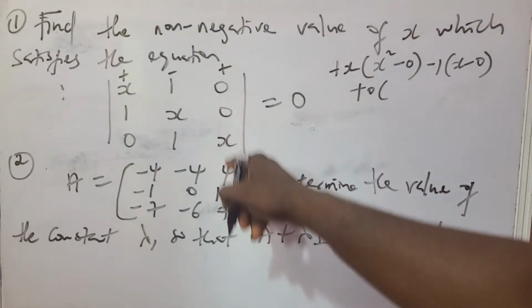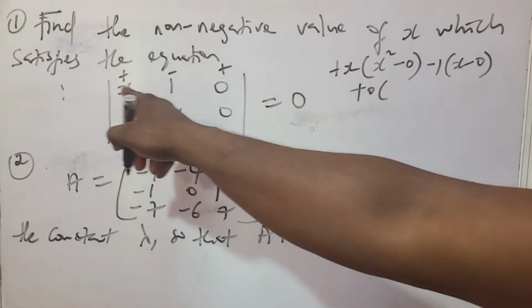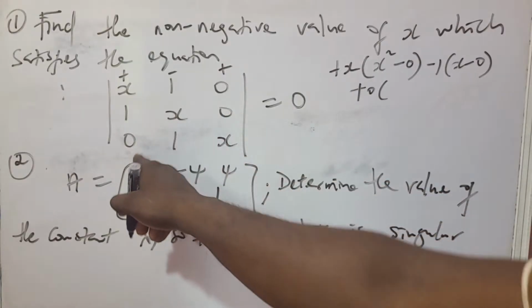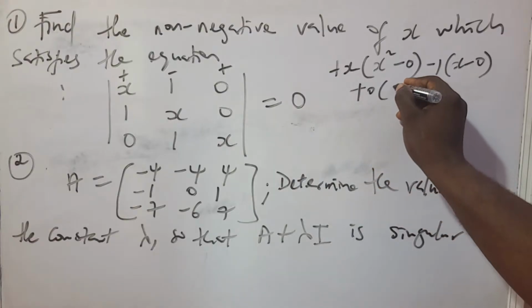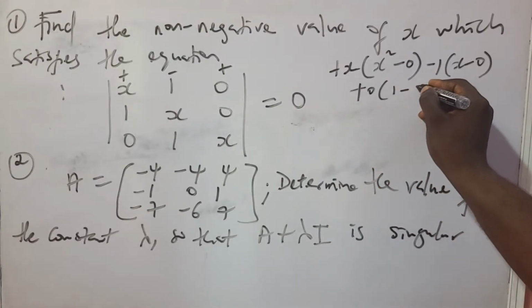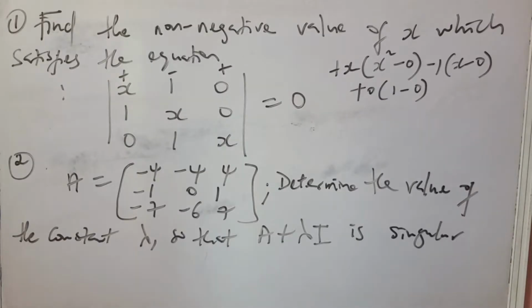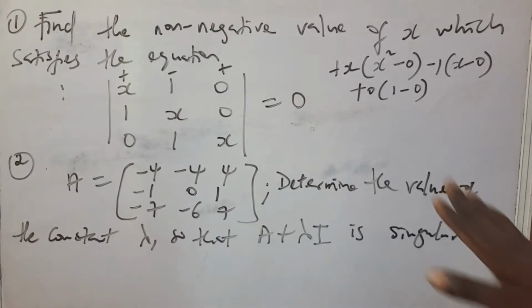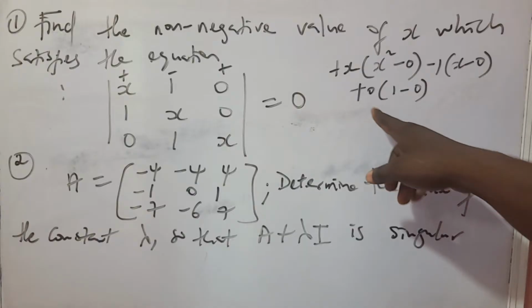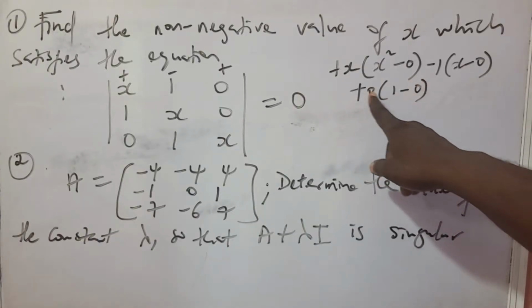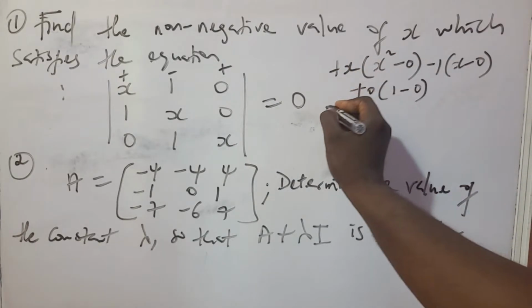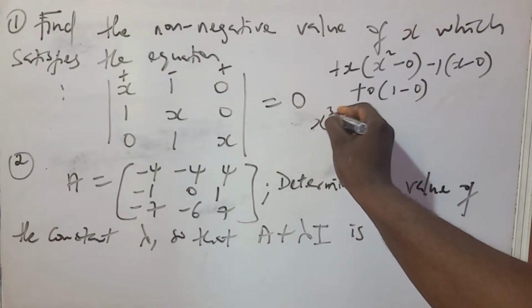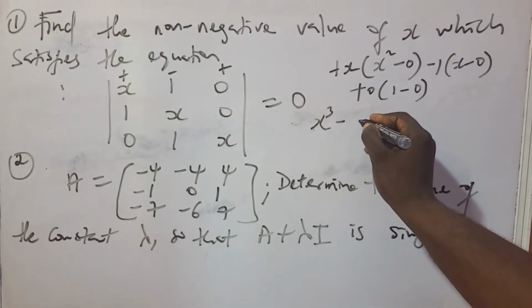Then, of course, I'm isolating column 3 and row 1. I'm left with 1, x, 0, 1. Finding the determinant of that 2 by 2 matrix, I have 1 minus 0. Of course, I know already that this last side will not exist because of this 0. Because 0 times whatever was there would have cancelled the whole thing. So here I'm left with x squared. Sorry, x squared times x is x cubed minus